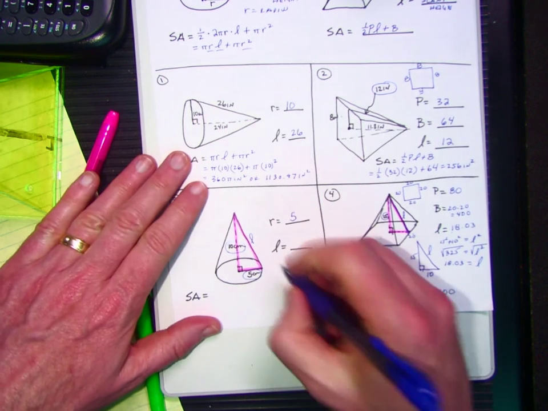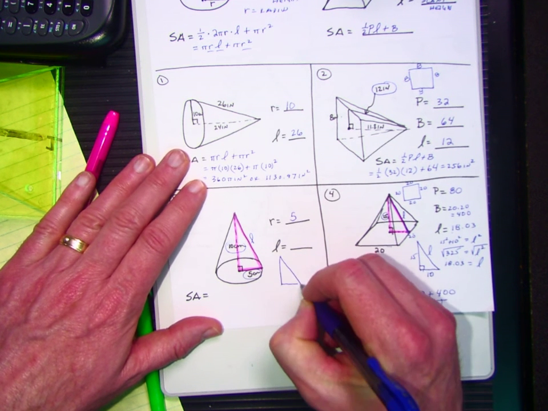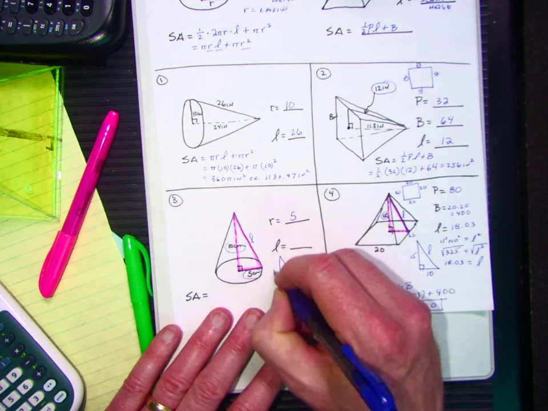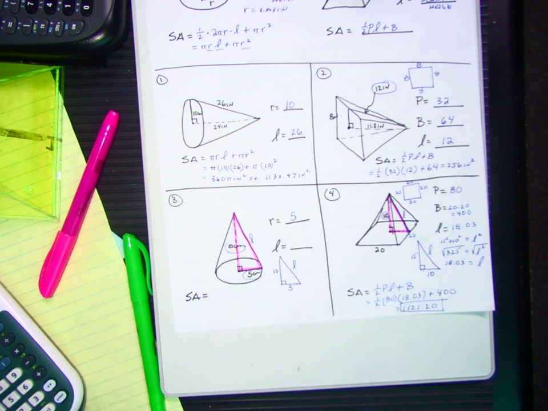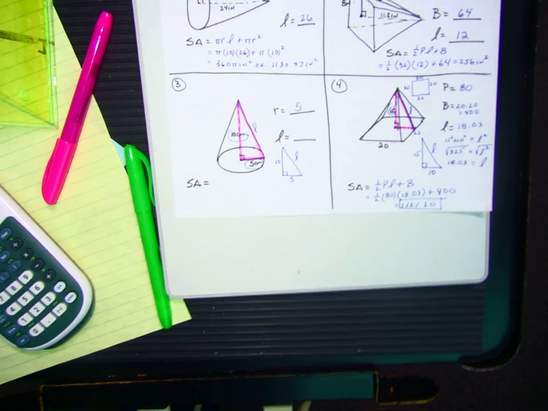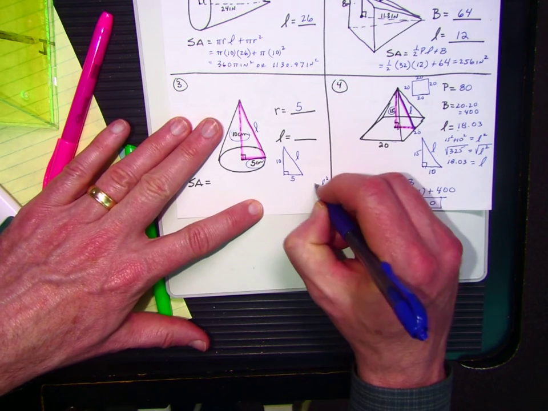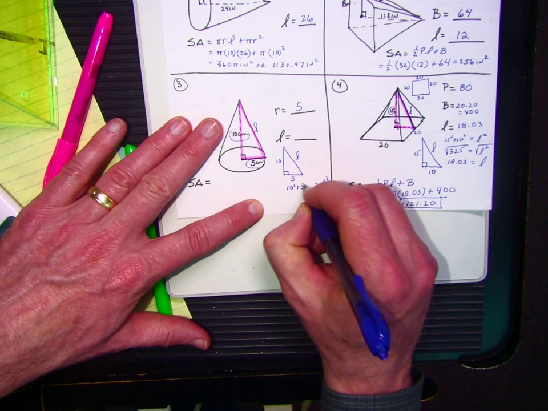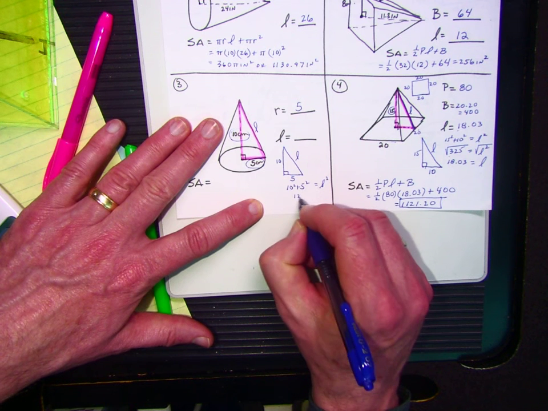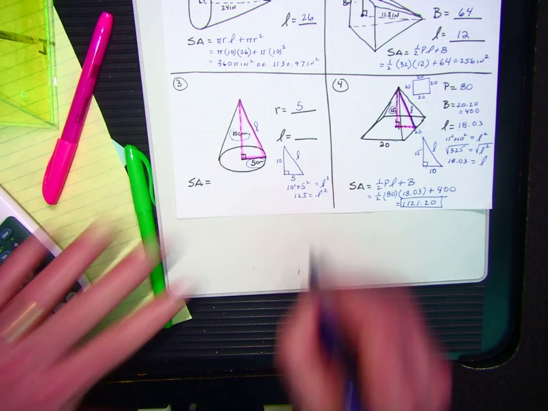So we're going to set this up to find L. Really the bottom here is 5. I know it's a right triangle. This is 10, and this is L. So again, I'm going to use Pythagorean to find this. How am I going to set that up? Well, it's our hypotenuse. So it's going to be L squared is equal to 10 squared plus 5 squared. If I compute this out, that's 100 plus 25, so it's 125 is L squared, and that is not L. I still got to get rid of that squared, so I'm going to take the square root,